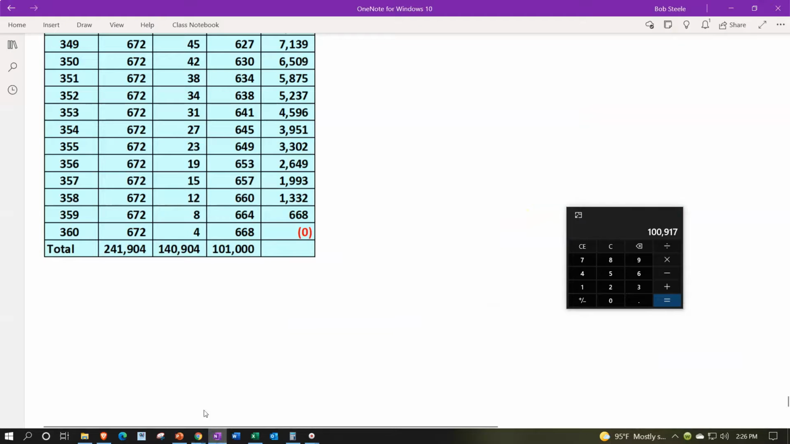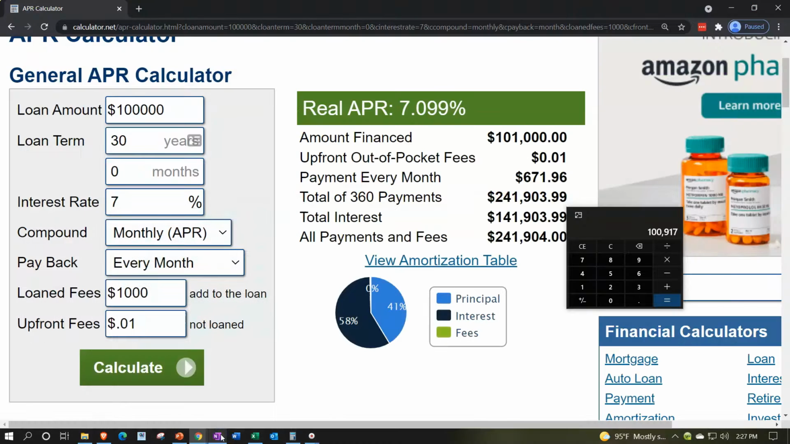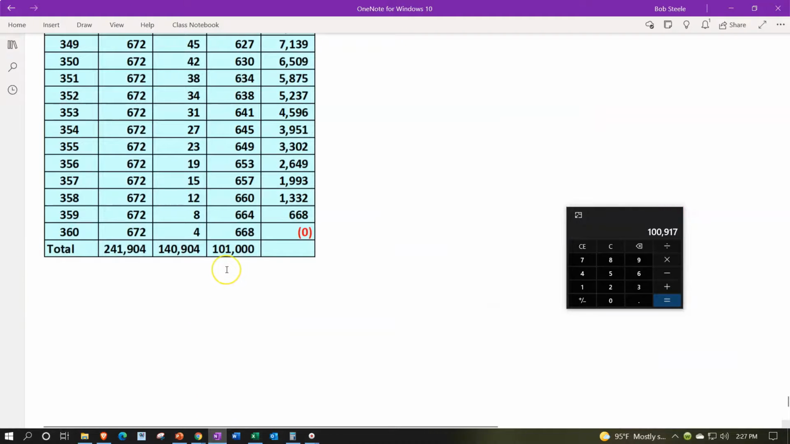So if we total up all the payments, 241,904 versus 241,903, right? And then we got the total interest is 141,903 on the interest. Notice we have 140,904, and it's off by 1,000, I believe, which represents that $1,000 that you're basically adding into interest and costs, right? That $1,000. So we have to say this is the interest we paid, plus they tacked on that $1,000